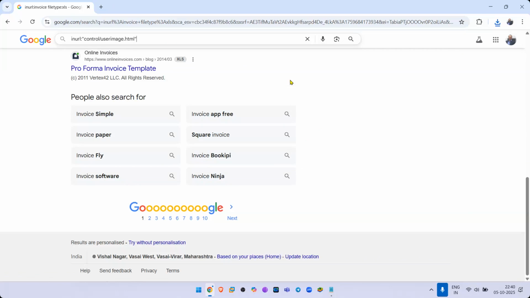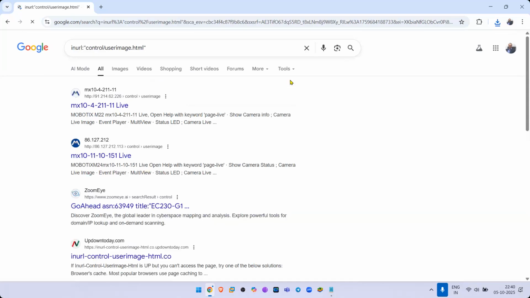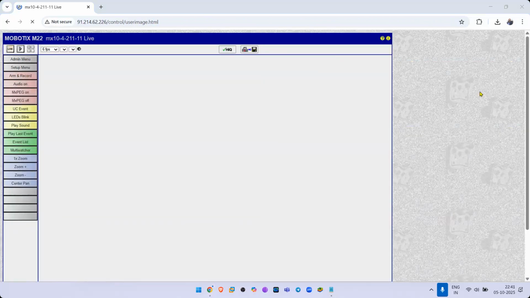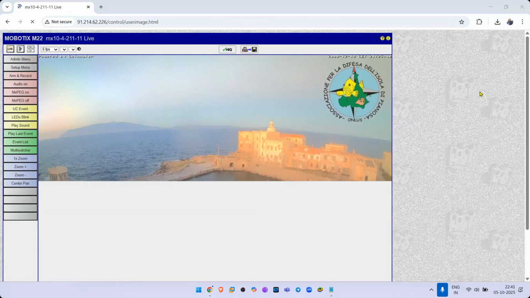You just press enter, and now you will be able to see a lot of web pages that have got open web cameras in them. So let me click on the first link. This is probably somebody's live web camera somewhere in the world. Click on continue to site, and let us see. Guys, I am spying on somebody's web camera.